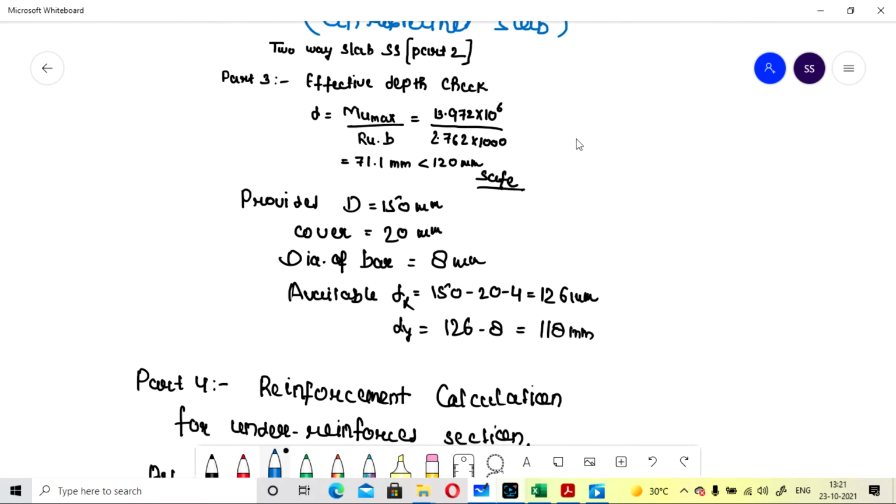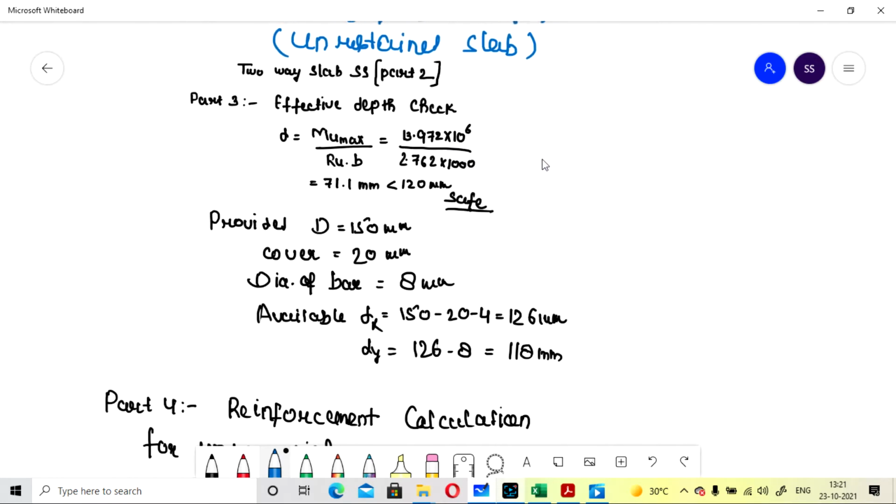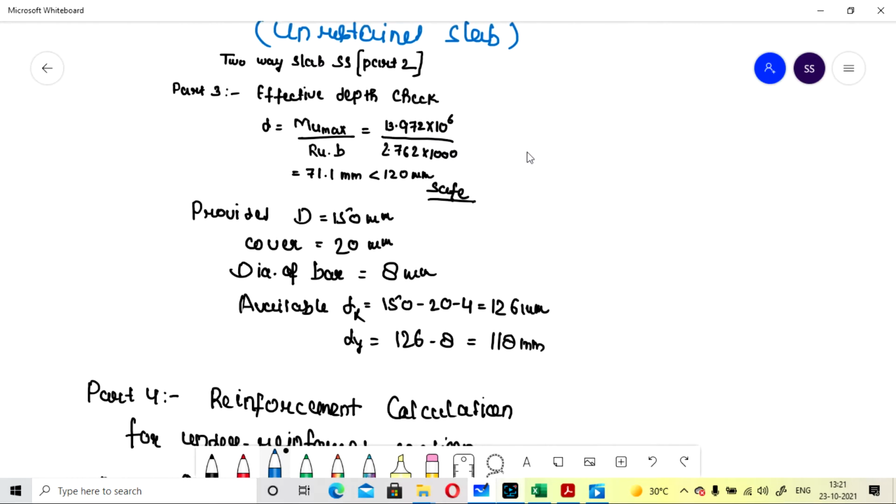So if you go with the effective depth check, our formula for the effective depth will be the square root of Mu max upon Ru into B. Our Mu max was calculated in the previous video, in part 1, as 13.972 into 10 to the power 6, and the Ru value is calculated as 2.762.